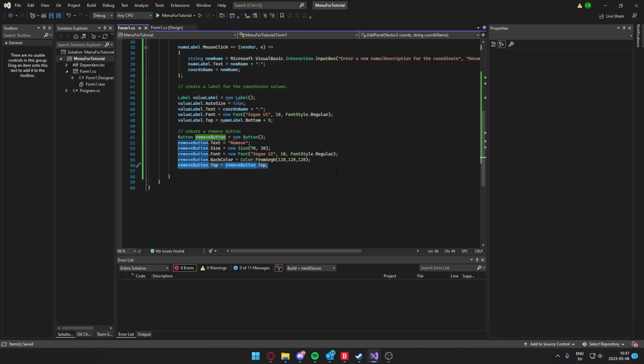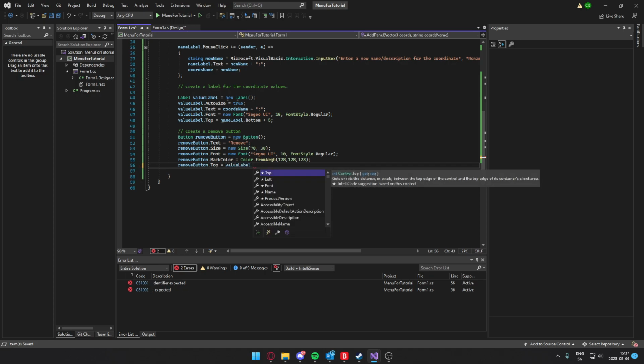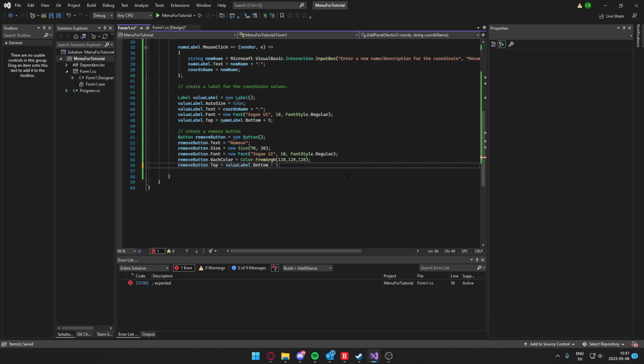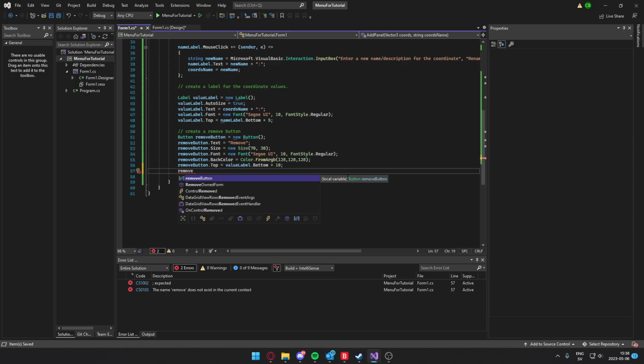I don't know about that one. No, I might be dyslexic, but it's remove button dot... No, it's value label. I'm sorry, guys. I'll get myself checked out. Value label dot bottom to offset it from the value label, and we will also create a function or an